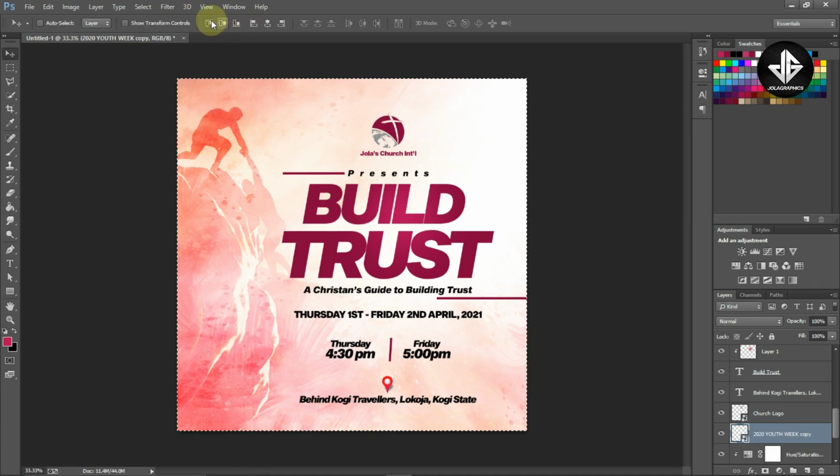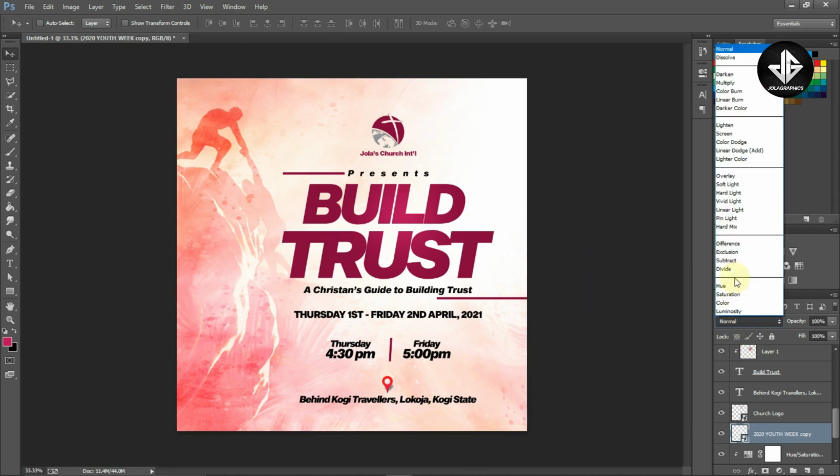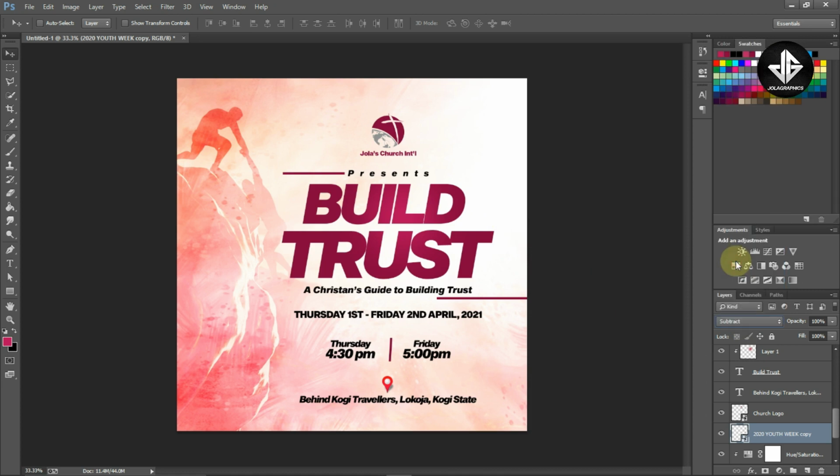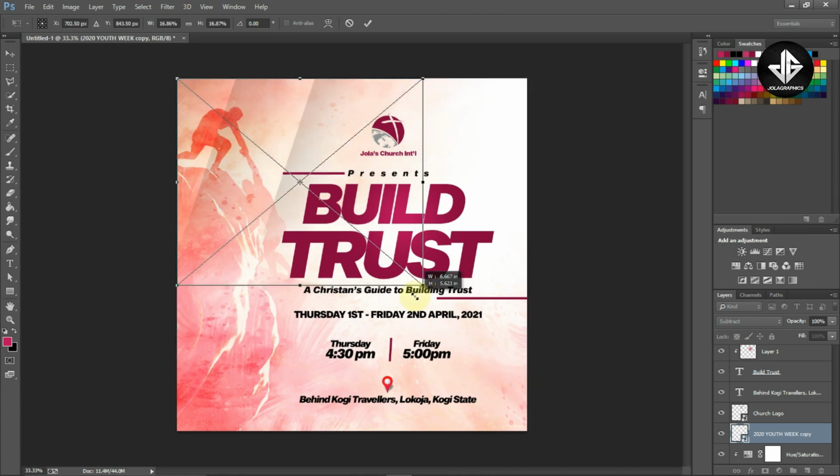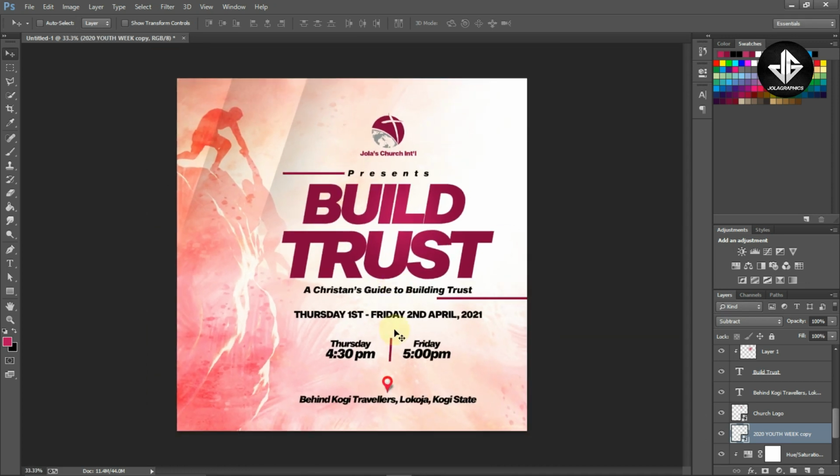Ctrl A, and then align it to the top. Okay, so now we're actually seeing almost nothing happening right here. So I'm going to change the blend mode to subtract, and we can see it has this crisp to it. So let's reduce this a bit, and then